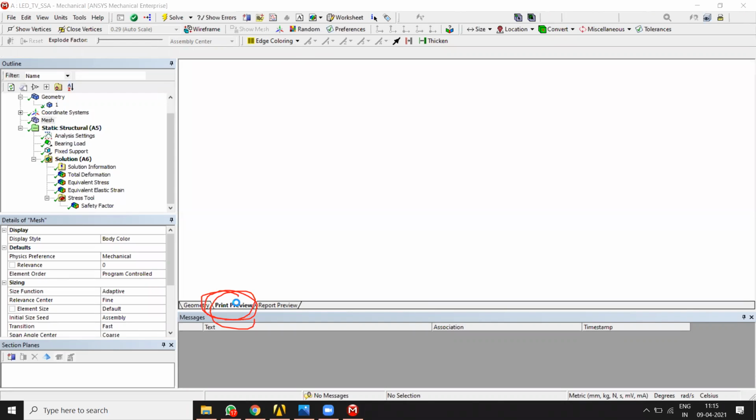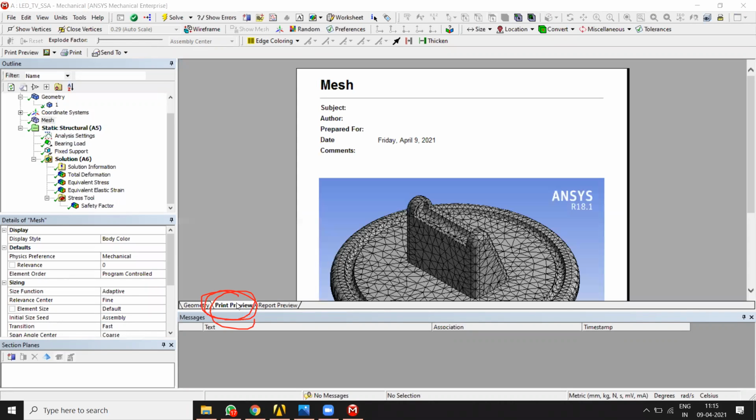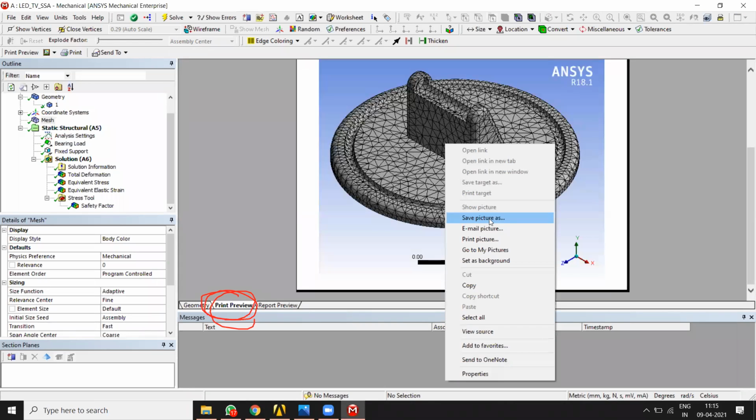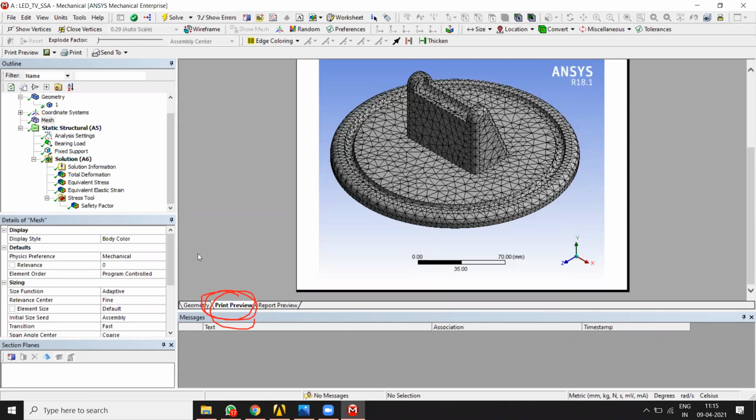Whenever you are working on your final year project, please store all the images of your results by print preview. इसको save करके रख दो. Save this file, save picture as. Whenever you need to import into your report, you can copy and paste it there. So use this print preview.